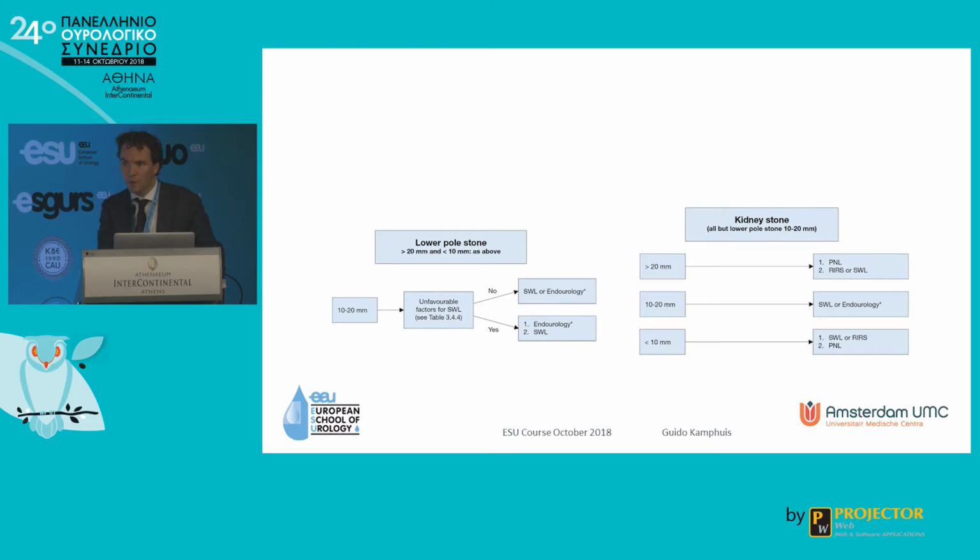So here's the famous picture that we always see if we think about the EAU guideline. So we divide the stone in the kidney on lower pole stone and all the other locations stone. Then we say something on the size, and the size is now 10 millimeters, 10 to 20, and more than 20. And then we recommend something. Recommendations can be